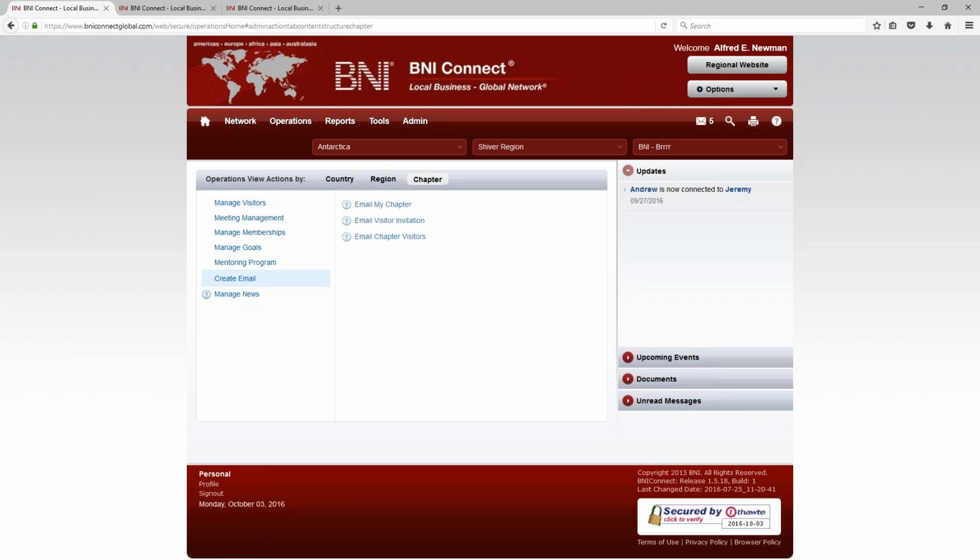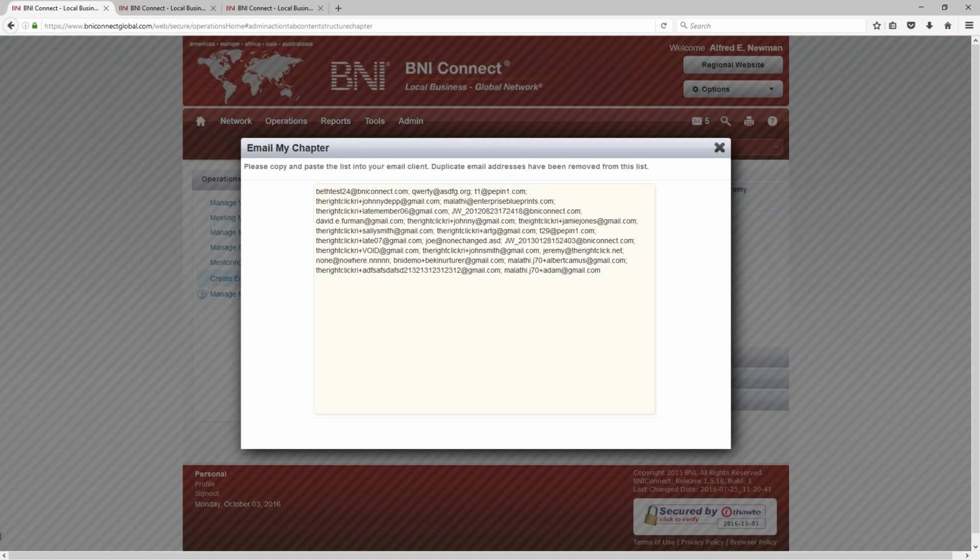All right, so I'm going to jump around just a little bit here, but the first function I want to show you is this create email function. And this create email function has a couple of really great tools in here. The first of which is, undoubtedly you will have to get in touch with your chapter at some point. This is the best way to do that. If you go to create email, email my chapter, this will give you the current distribution list of email addresses